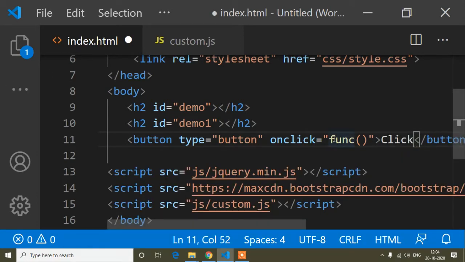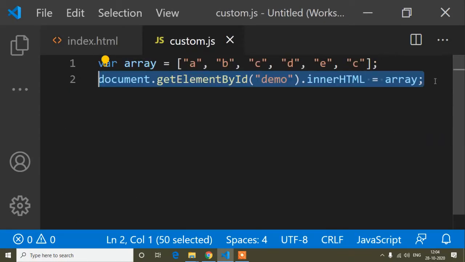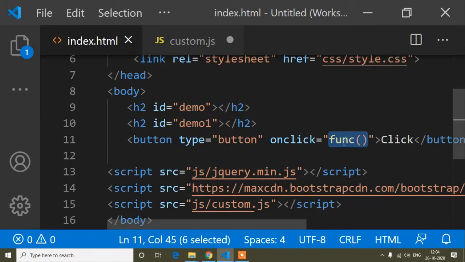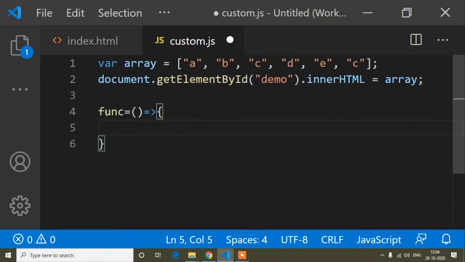Now I will copy this method name and use an arrow function, so that when I click the button, the array last index of method runs.